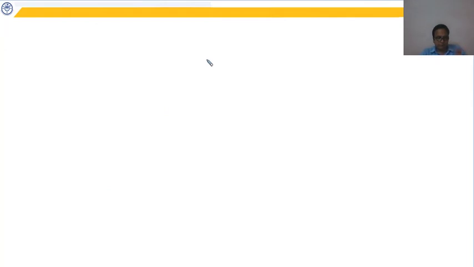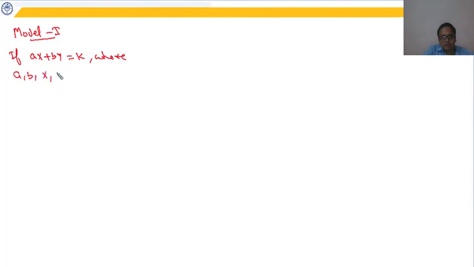Now, before moving forward, let's try to understand certain models. So first is model 1. It says if ax plus by is equal to k, where a, b, x, y are all positive,